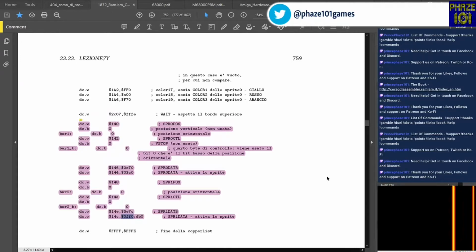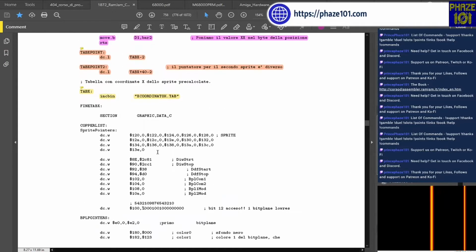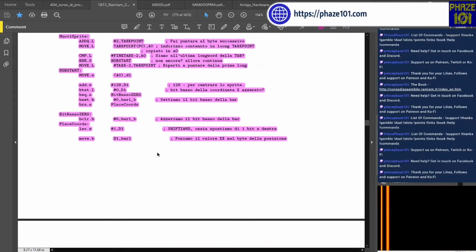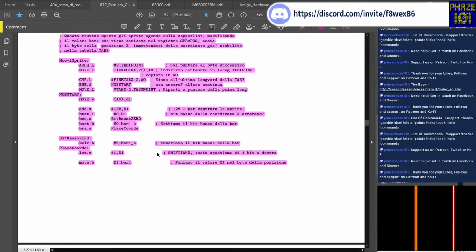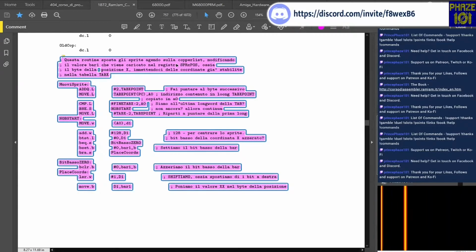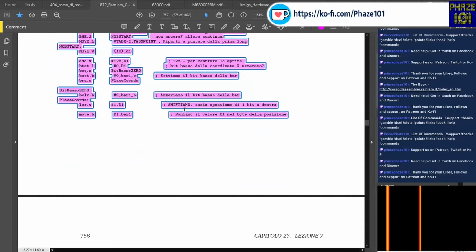So now that you know how the data is and we are going to pass parameters here, okay, let's talk about what's happening up here. So we have those sprites moving across the screen, but we are not doing anything special there. I tell you why. This routine, I have already covered it several times. We have